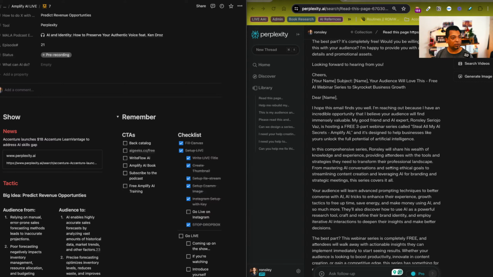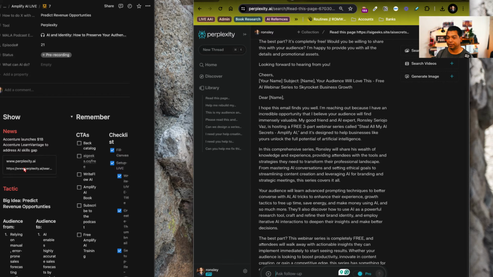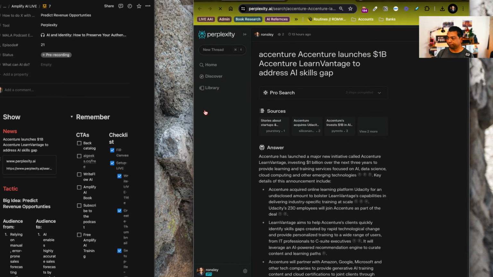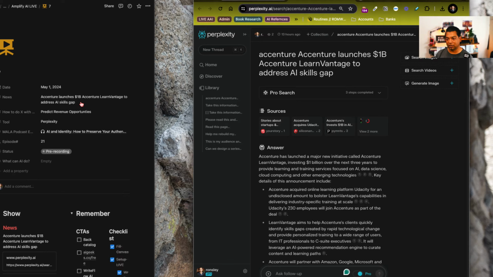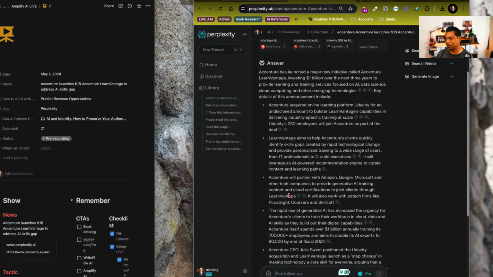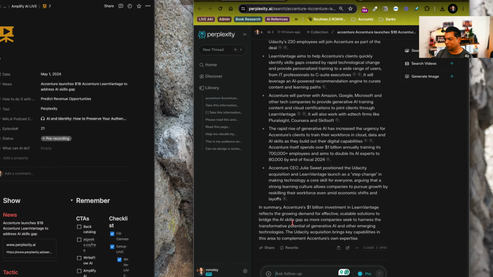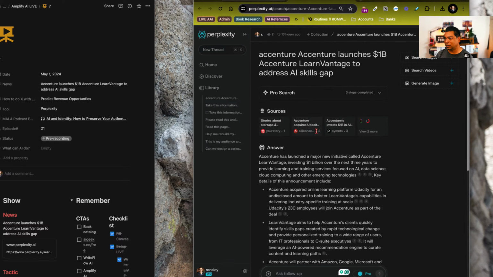Okay, so you can see my screen. Hopefully, you can see my screen on this side, and it's like all my notes. But before I get into my notes, I want to show you this side. I had actually found this to give you an idea of how this whole thing came about. I had put it in my notes that Accenture had launched a huge $1 billion sort of thing. But then I found out that it was not. It was another number. And I'll show you what I mean, because I went into Perplexity AI